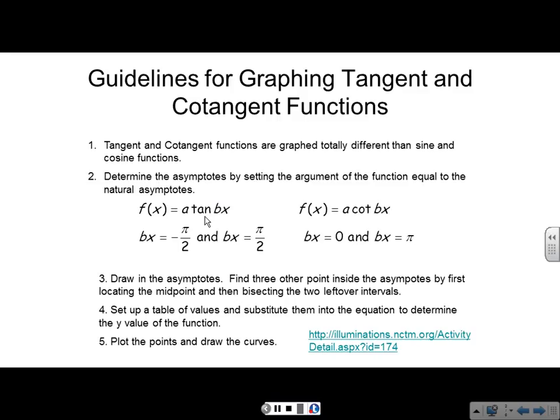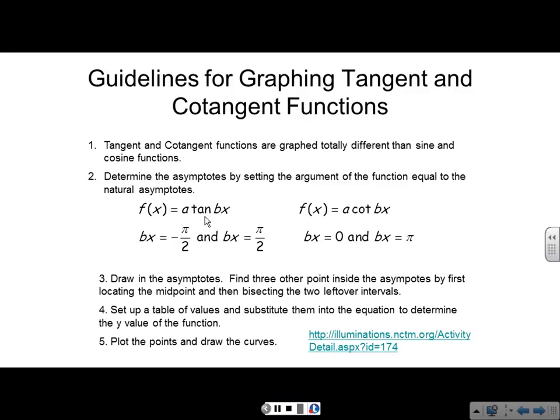Then you're going to set up a table of values. That's going to be your t-chart, and substitute them into the equations to determine the y value, and then plot the points and draw the curves. And again, this is that website that you can go to if you want to see what the curve looks like and play around with that. Okay,